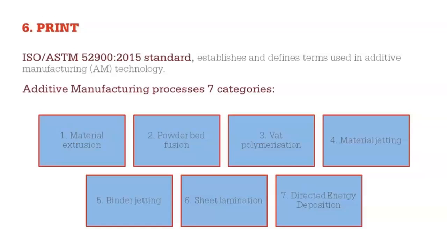In 1981, there was a guy named Hideo Kodama. He came up with the idea for vat polymerization. So that's number 3 on that list there. And in 1984, an American person named Chuck Hull designed and created the actual first 3D printer, which was a stereolithography printer,